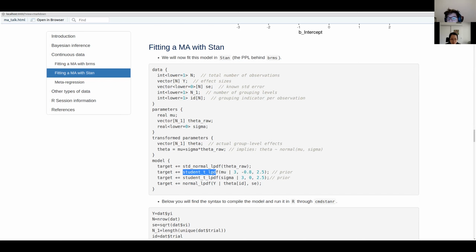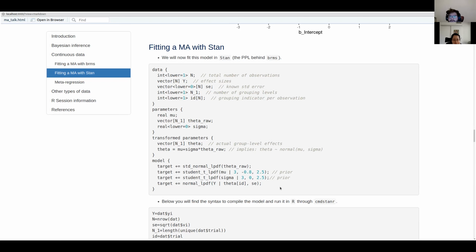By default, brms uses a Student t, and this is because the Student t has heavier tails, so there are more chances that you can sample from the extremes. The issue when sampling with heavier tails is that there can be a bottleneck on the posterior, and then your MCMC won't explore the whole posterior, or it will take forever. So yeah, I will recommend